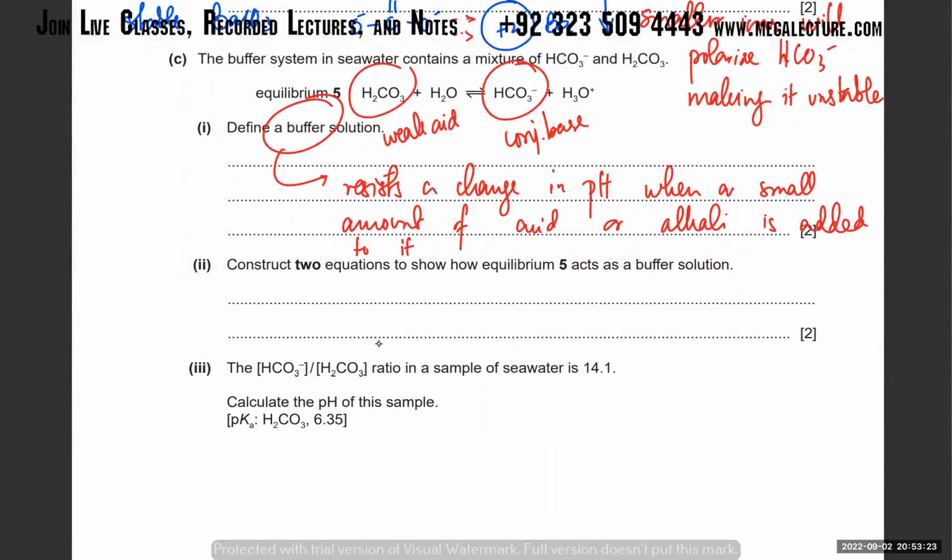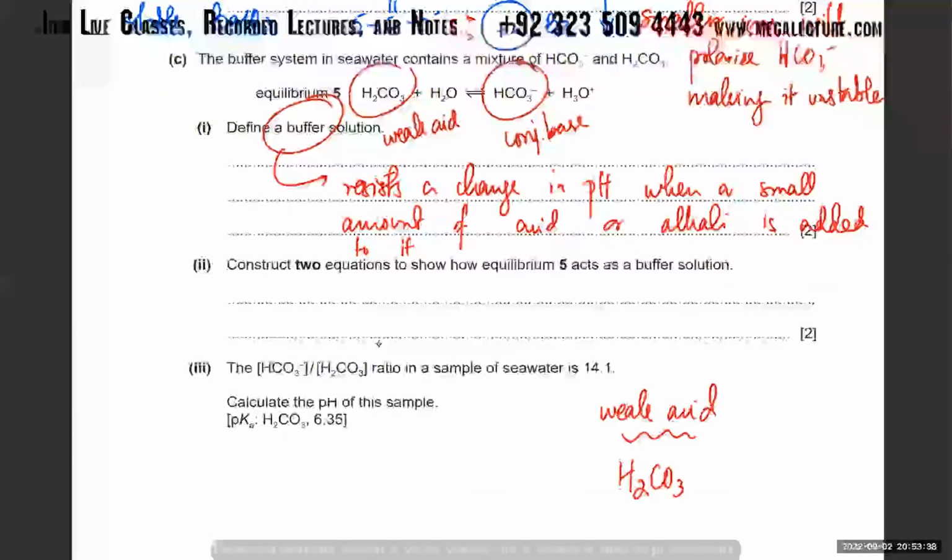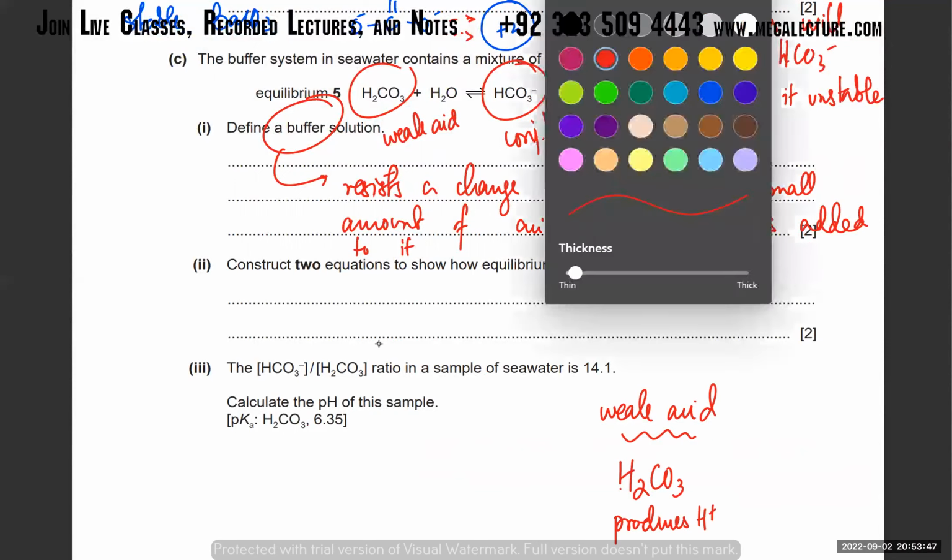So here's the idea of what a buffer is. You've got a weak acid. What does a weak acid do? Let's say you've got a weak acid, right? Now H2CO3 is the weak acid. What does it do? An acid produces H plus ions, right? So what a weak acid will do is